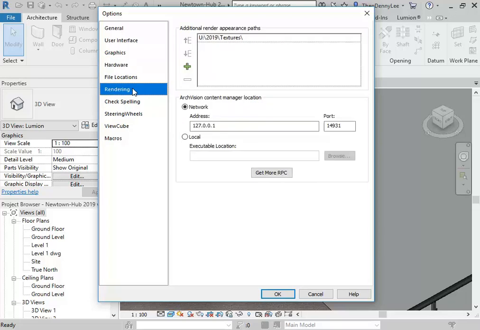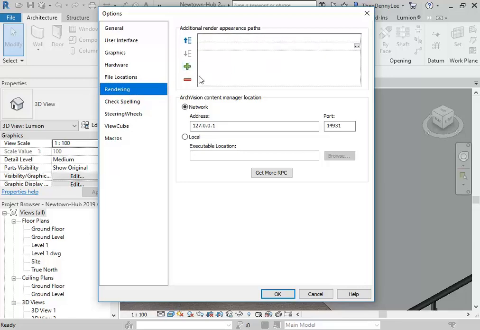And if you go to the Rendering tab, you'll see you can add your own paths for textures. And this is a common thing. All 3D rendering programs will give you this option, because all 3D rendering programs can use textures. So I'm going to clear the one that I already had, and I'm going to add in a new one. So just go to Rendering, click the green plus,